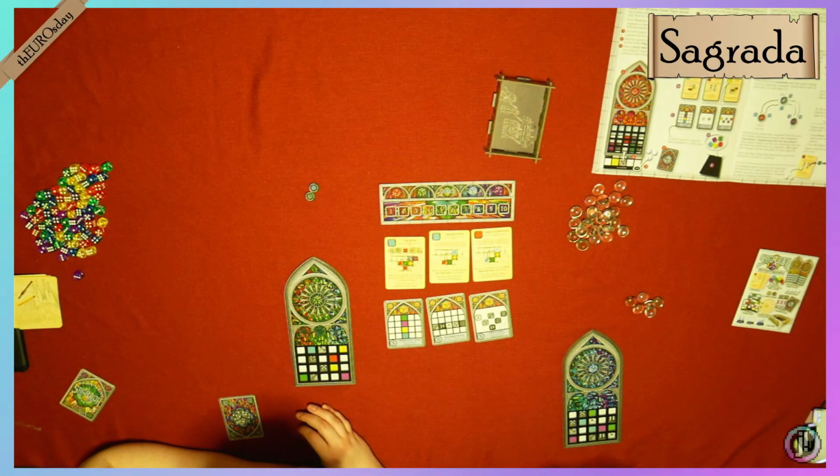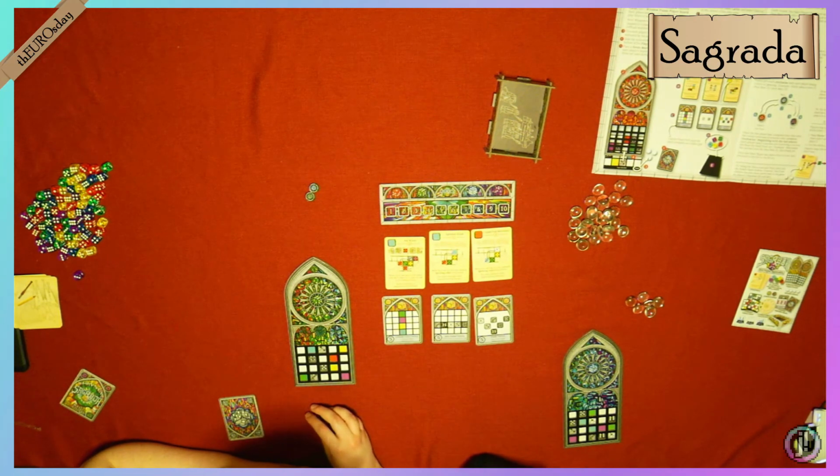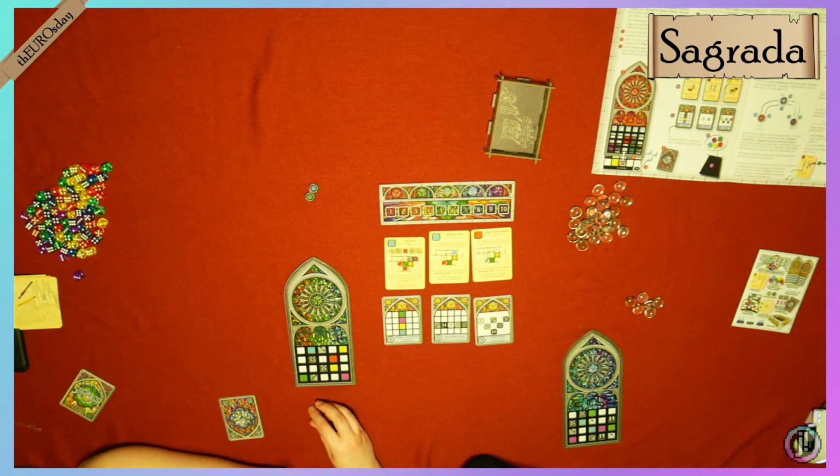With no repeat colors, rows with no repeated values, sets of one of each value anywhere, and our powers are...